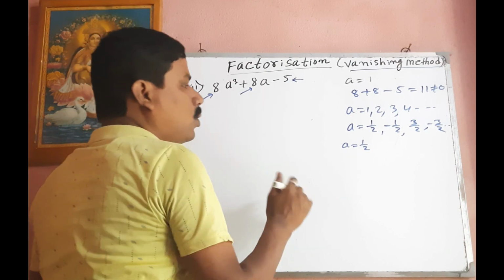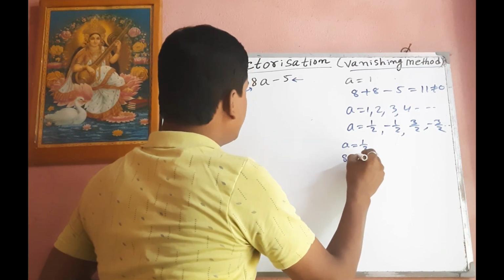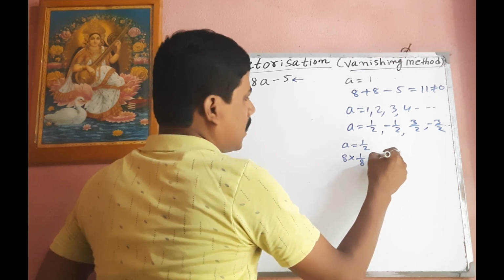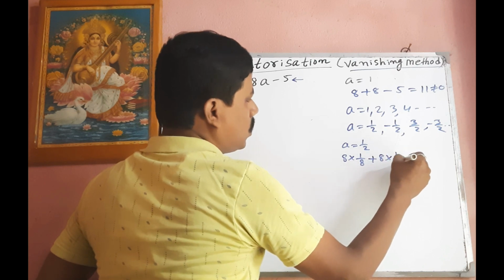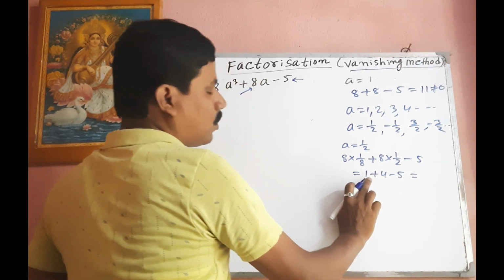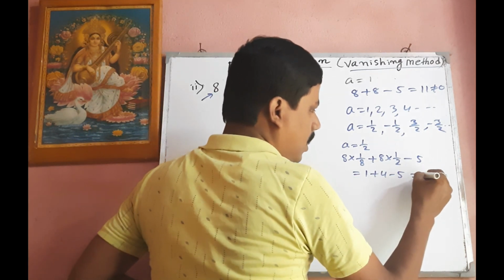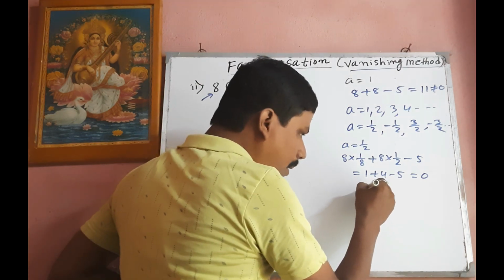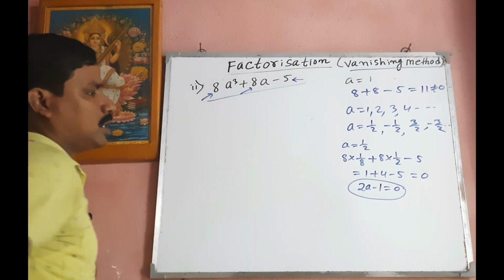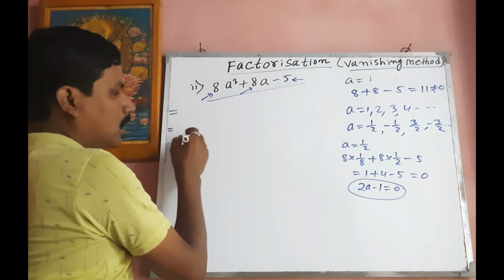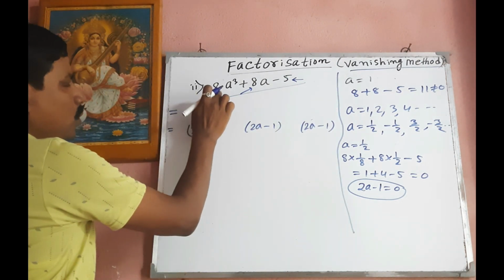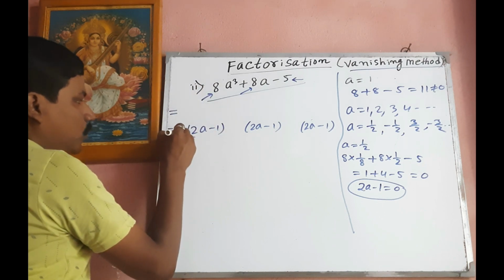So if we put a equal to half, then we get 8 into 1 by 8 plus 8 into 1 by 2 minus 5. So calculating, we get 1 plus 4 minus 5. So this will be 0. So 2a minus 1 is one factor of the given expression. So similarly, 2a minus 1 three times, then we want to bring here 8, so we have to put 4